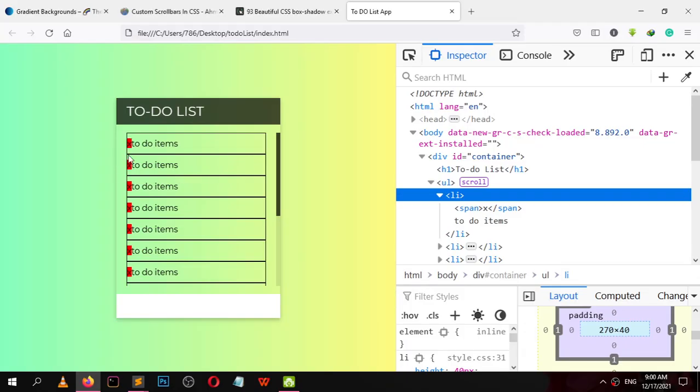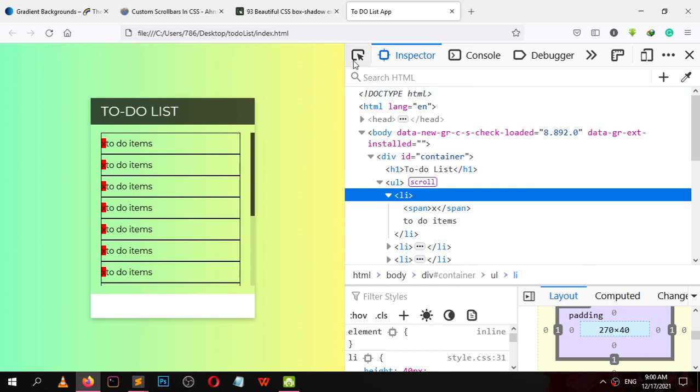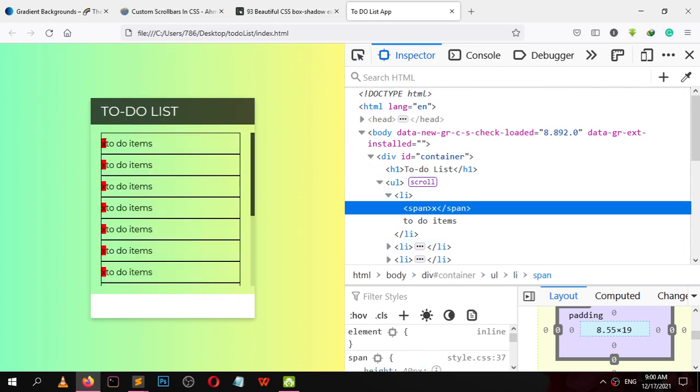Select the span element and check. Span height is 19 px.